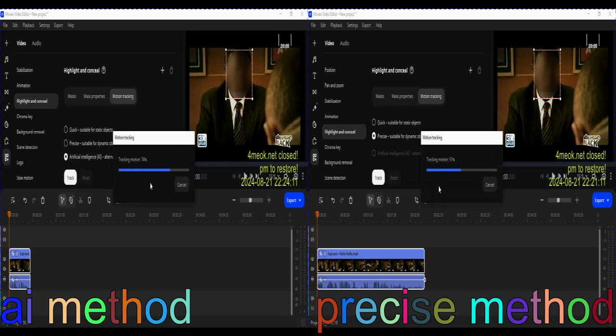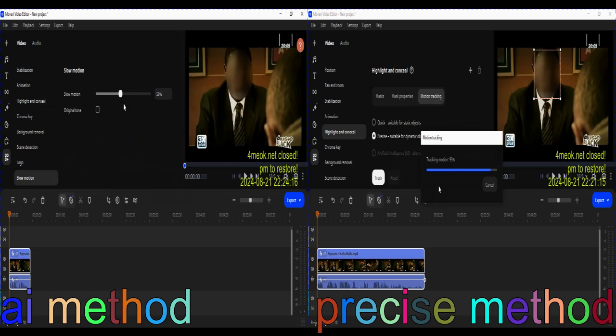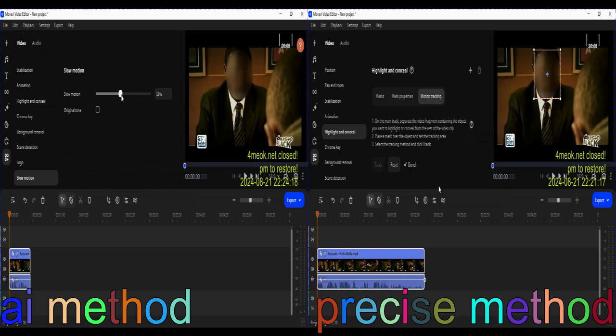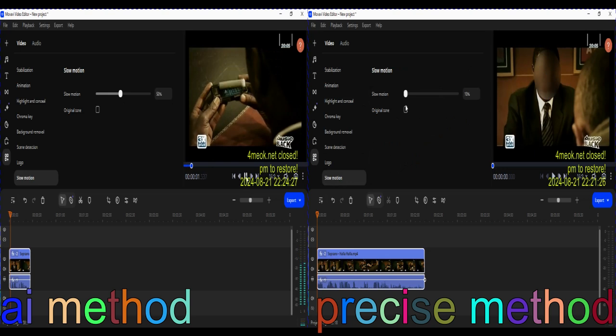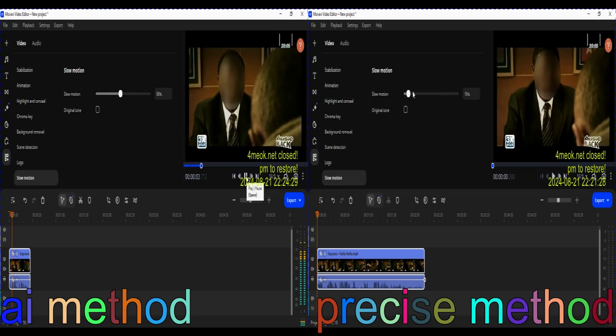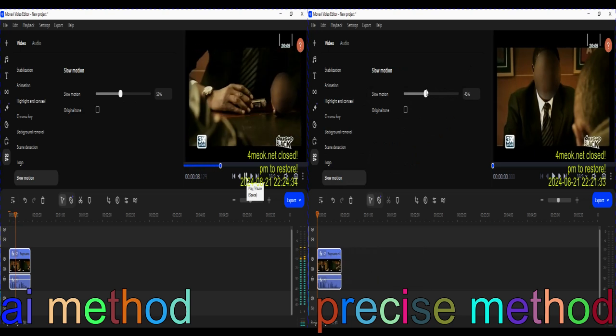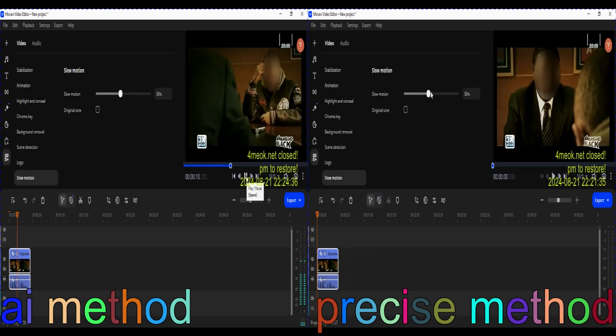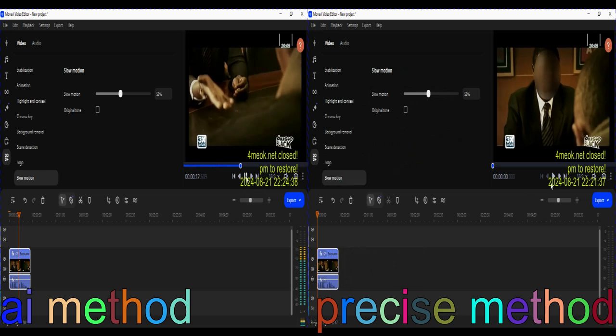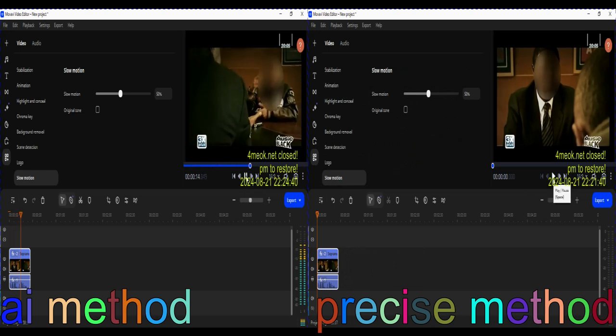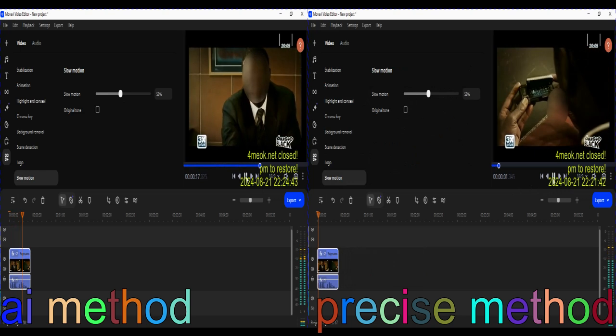Now you will see the difference. Okay, it's done. Now I can return the video in motion from slow to the original one, 100%, but I am going to show you a sample at 50% of original speed. You see,